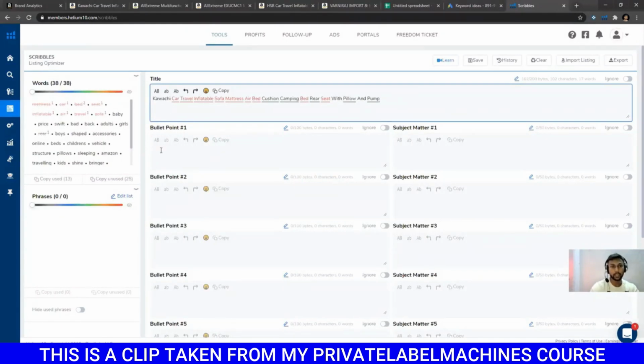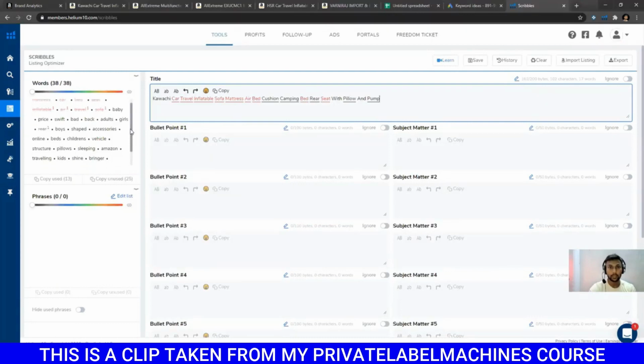For now I use this because we avoid repeating keywords. We do not put multiple keywords in our bullet points, and the rest that is remaining I put in the search term. The search term is generally not as important as the title or bullet points. We will go in depth on how to create those and how to write copy in later sessions, probably the next session. You can also watch the bonus video I have provided in the group, and for those who haven't got that video I will again provide a link.